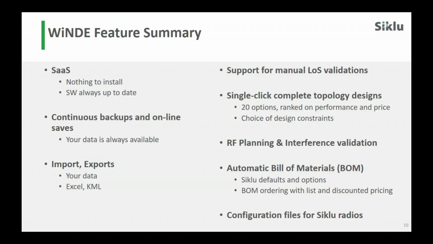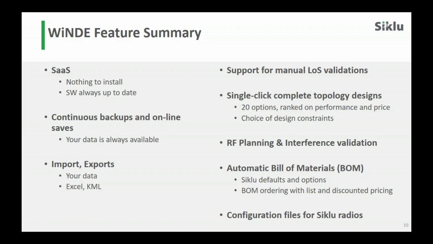So what have we seen? We've seen all the software as a service aspect of the platform. We have seen how to perform manual line of sight validation with the correct azimuth and slopes for all the different lines, and very easy to go along KML lines on Google Earth to validate this. We have seen that the tool will very quickly create a number of options for you to decide which one is going to work best and respect all of your parameters,